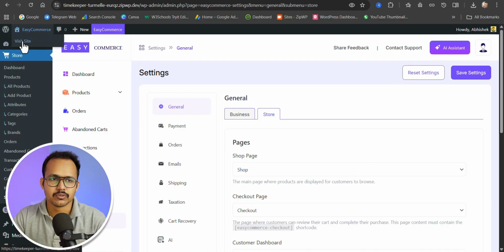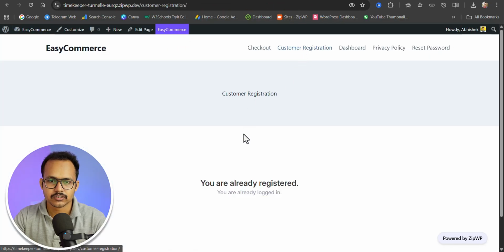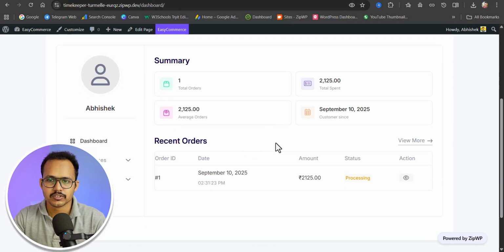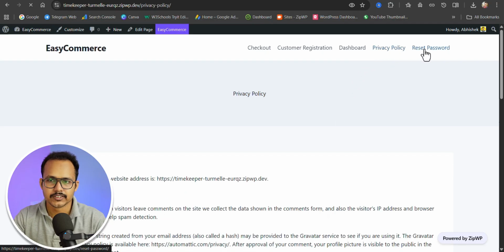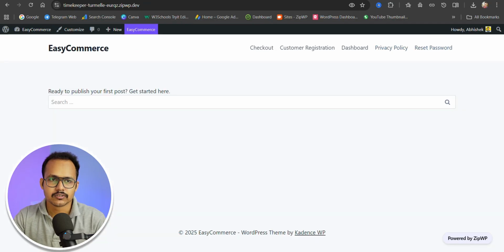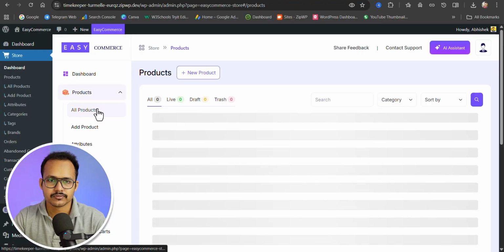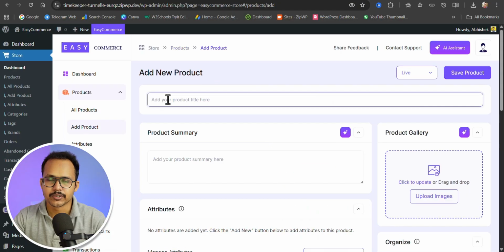Now let me go to the front end and you can see all these pages: customer registrations, dashboard. You can see your customer dashboard, privacy policy page, and reset password page. Let's go to the settings and let's create our first product. So let's go to all products, and here you can click on new product, and you can enter your product